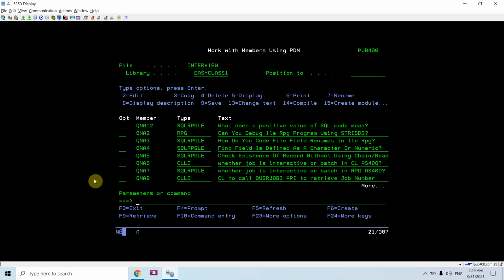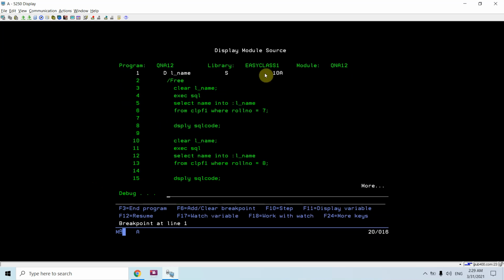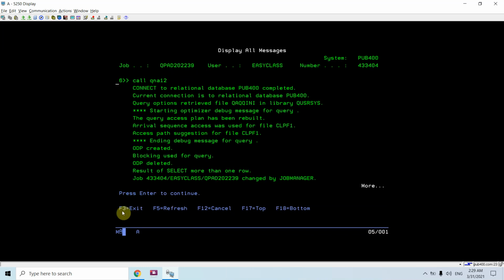Just set a break point at line number 1 and call this program. I'll see L underscore name is blank, but here you got the first row with SQL code minus 811. It is telling that the result of select is more than one row, which is not correct.